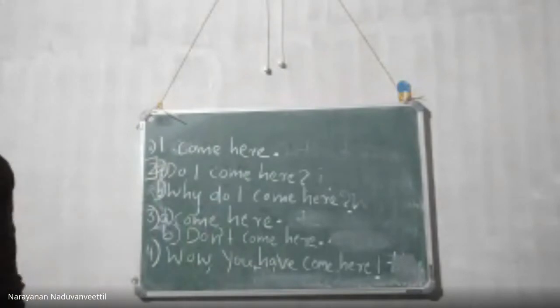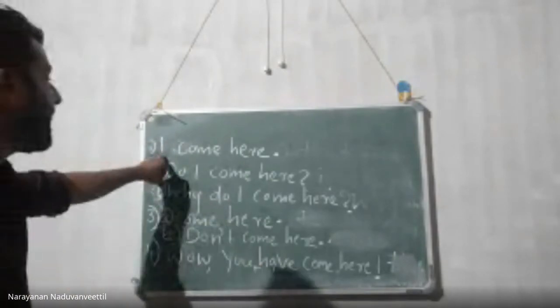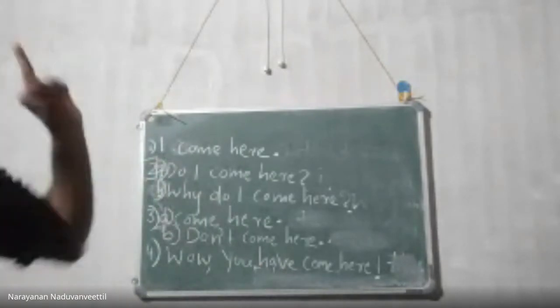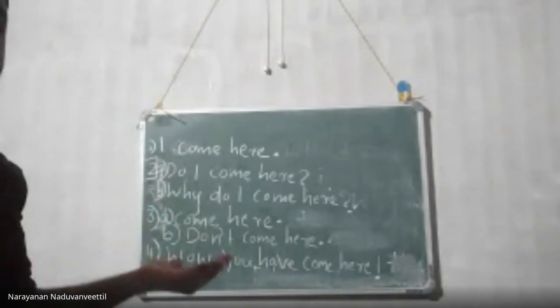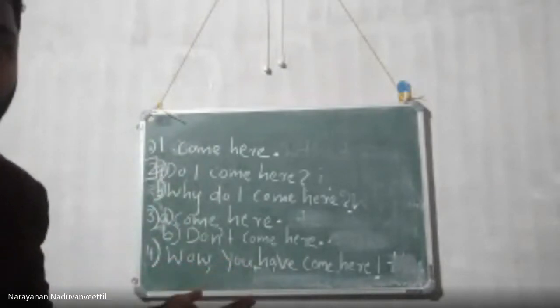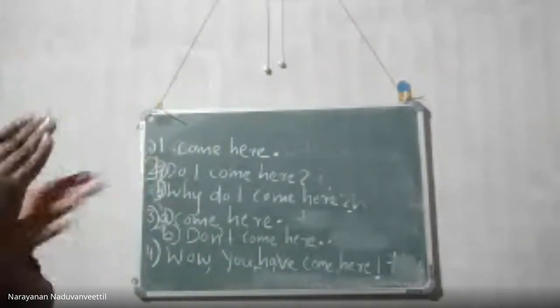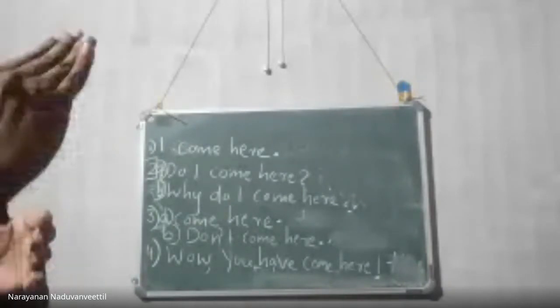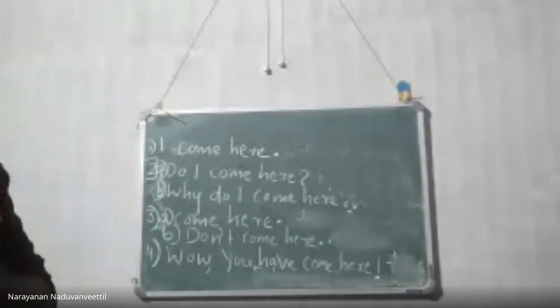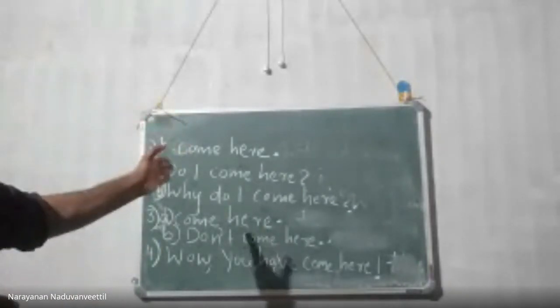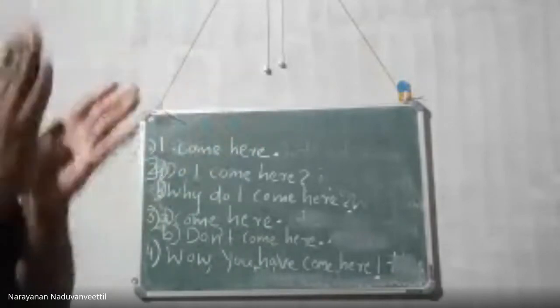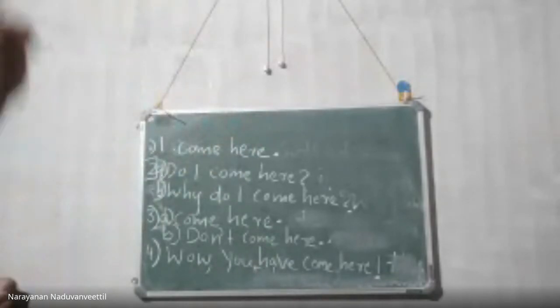Why are we changing the pronoun? Here the pronoun is I. We know that we are not at all participating in this dialogue. We are reporting others' dialogue. So the pronoun I changes to he or she. If it is Rahul, instead of a girl, that would be she. So the choices are he or she.